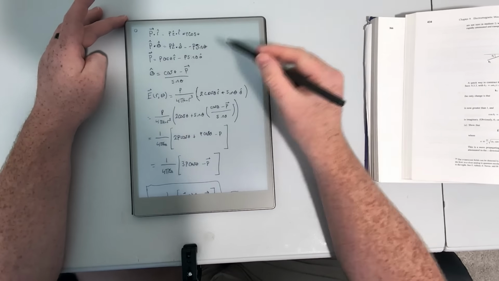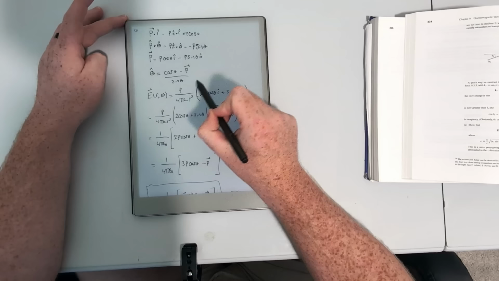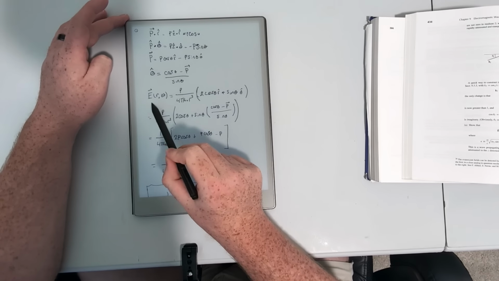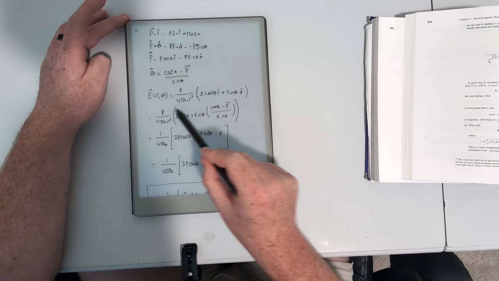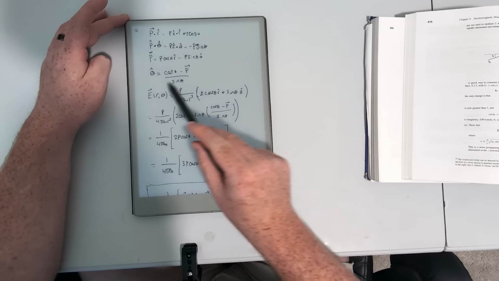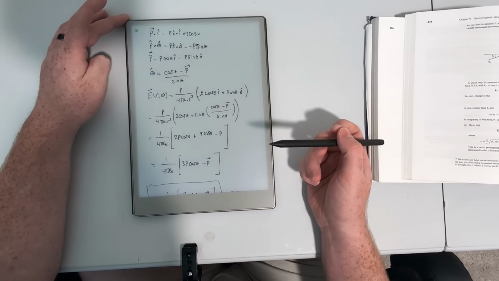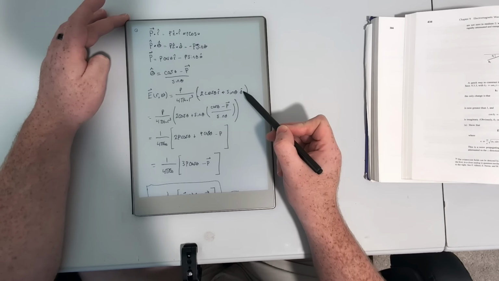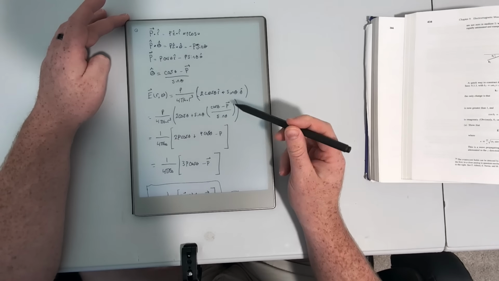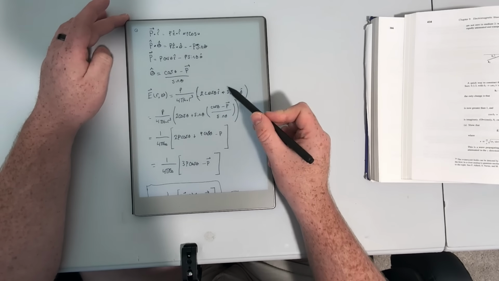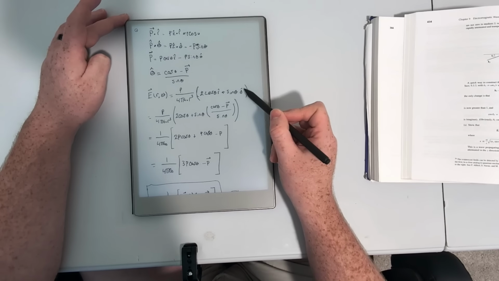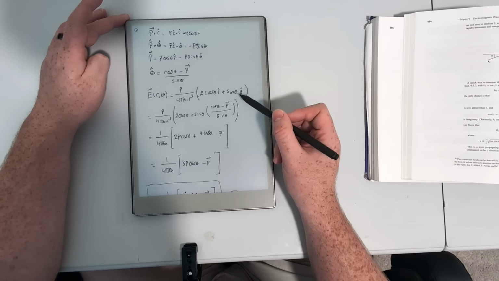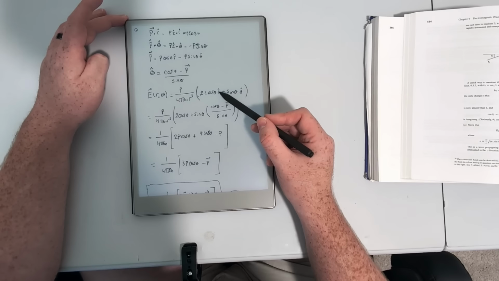I do pre-calculate this expression for theta hat, because if you look at the expression here for the electric field, what we end up doing is trying to somehow eliminate these theta hat and r hat terms. So when you plug in,